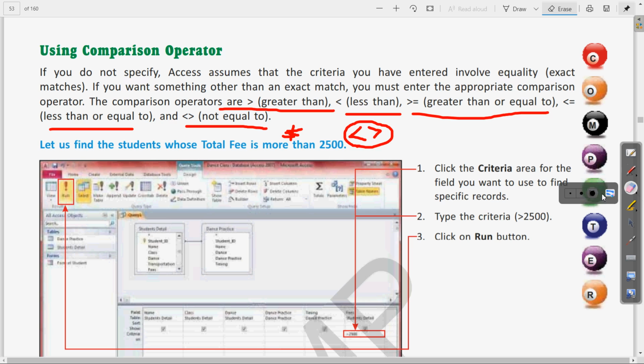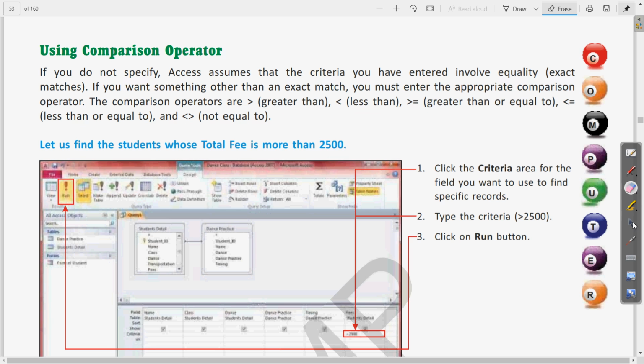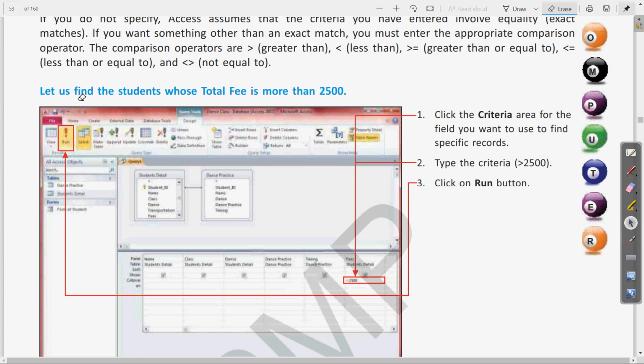Okay, so if I erase this, then come to the first step. For example, let us find the students whose total fees is more than 2500. Clear? So we have a particular column in which we have the fee. If you want to apply this criteria and select those records which have a mathematical value greater than 2500, what are the steps?